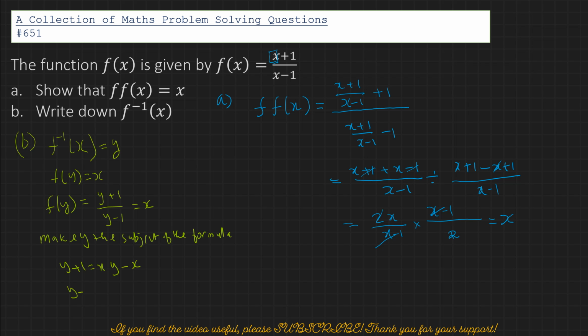So y - xy equals -1 - x. Or I can bring the left hand side and say x + 1 equals xy - y, and that equals y times (x - 1). So therefore what I get is y equals (x + 1)/(x - 1),